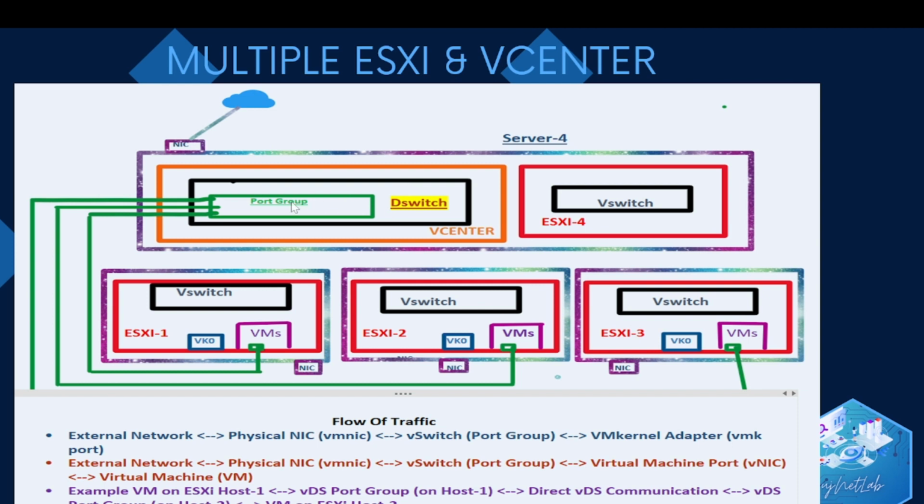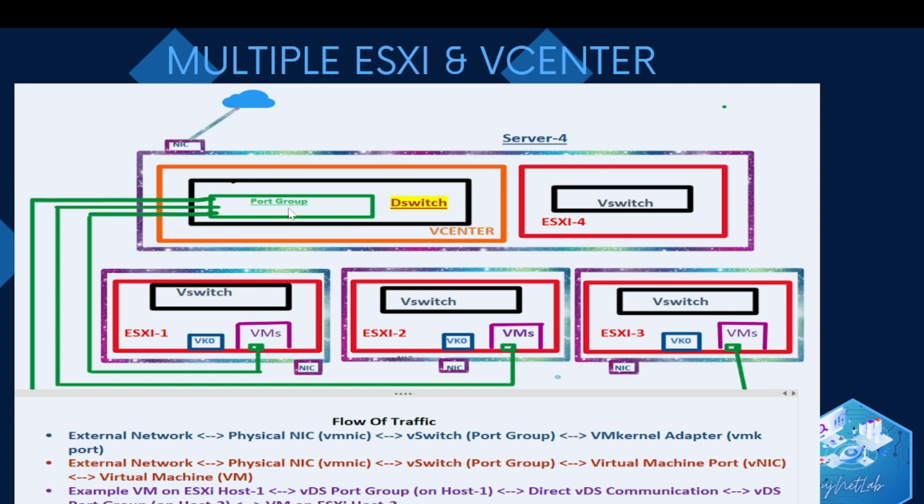And that D switch will basically be connected to the port group. And that port group will be connected to the VMs, and those VMs are residing in different ESXi hosts. All right. Here it can also be a VM, but I'm just giving an example here that here are VMs 1, 2, 3, here is 1, 1, 2, 3, and similarly,